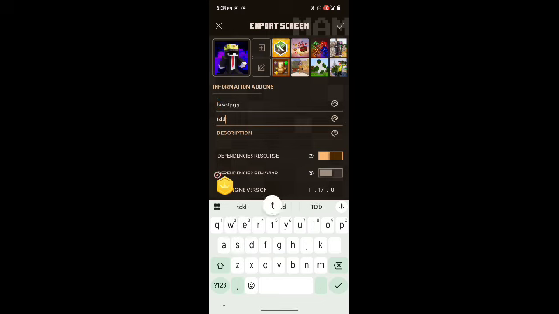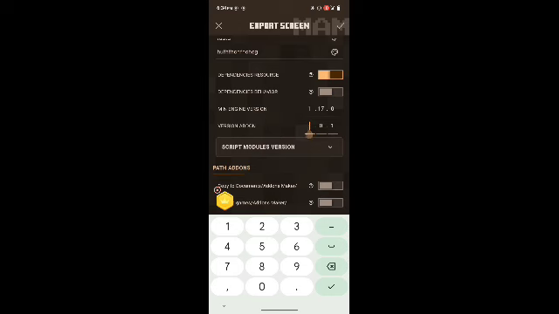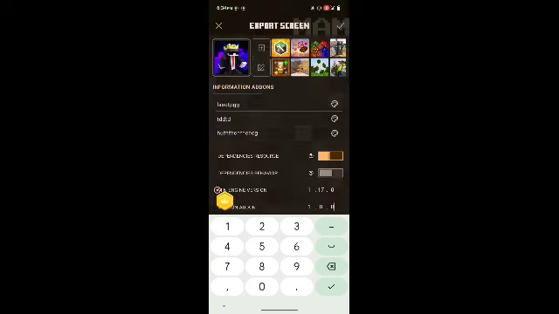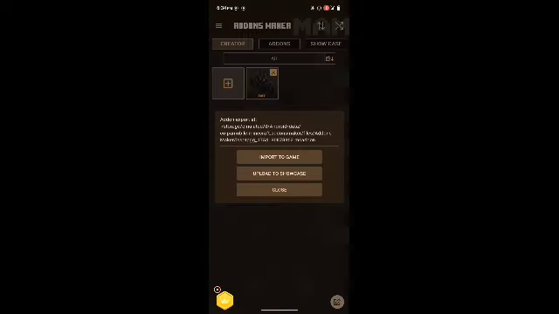Put your own. Select this to 100 and turn on all of these. If you are done, you're gonna click this check button again and click import to game.